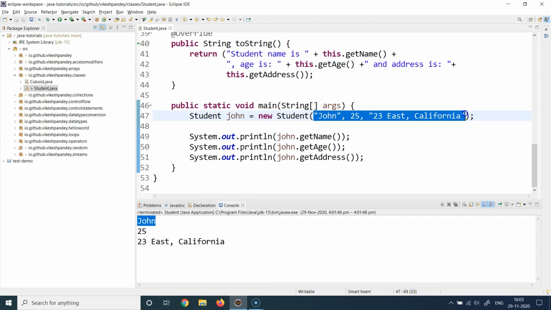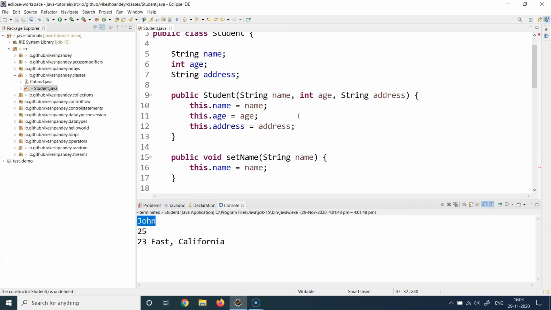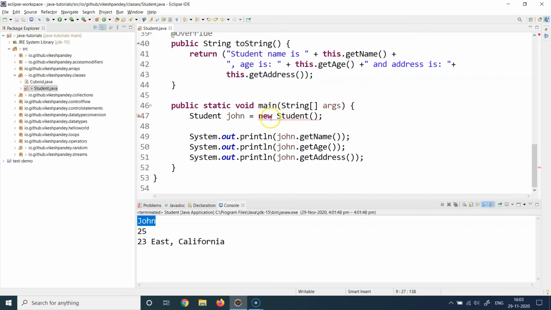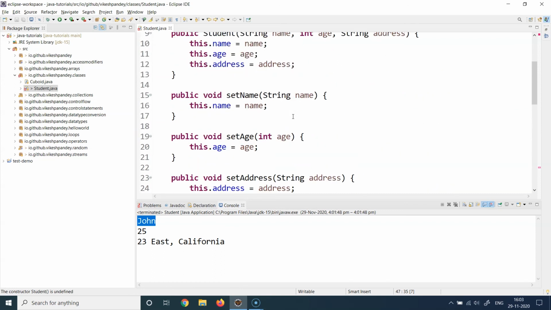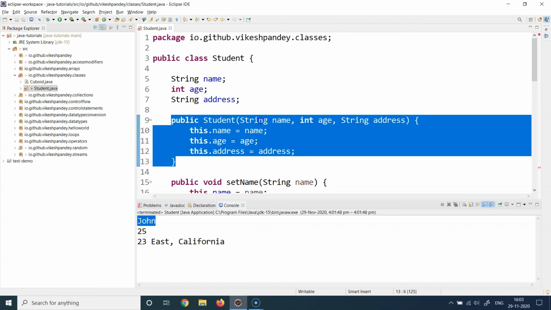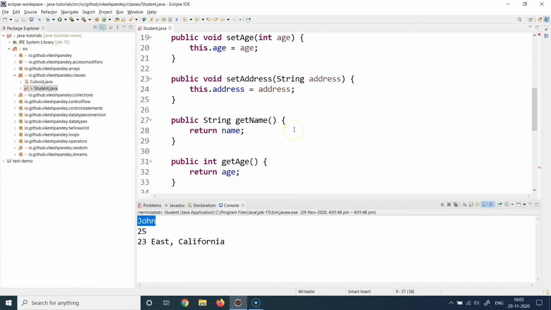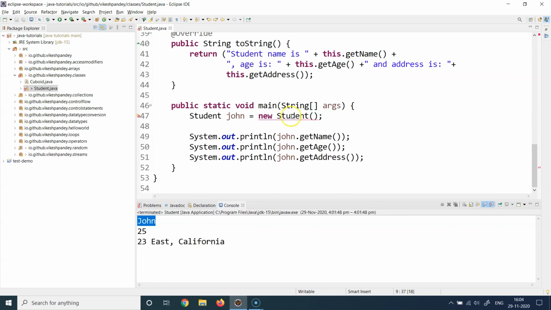If I don't supply any of this, then currently it complains. And why it complains, I will cover that in the following session when I will cover the multiple constructors concept. But remember, you see this behavior here that if you have created a constructor which accepts some arguments, and if you supply this kind of initialization, then the student class does not have a parameterless constructor. The student class has only one constructor which is taking 3 parameters. And that's why Java complains, because it is not able to find a constructor which accepts no parameter. But like I said, we will find a solution to this particular problem in the coming session.